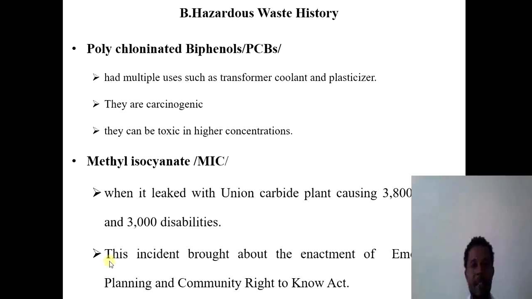The other remaining ones are polychlorinated biphenyls and methyl isocyanates, and these are some elements from before. So thank you very much. We will see